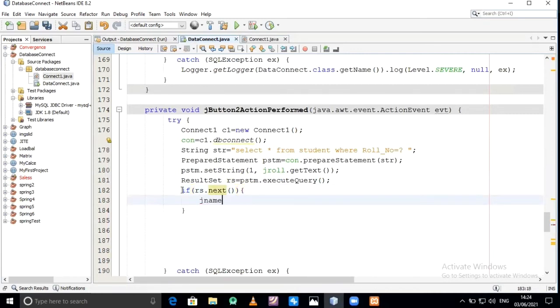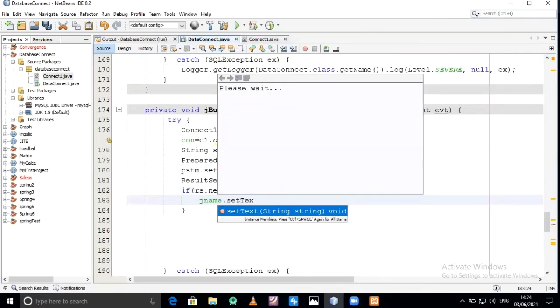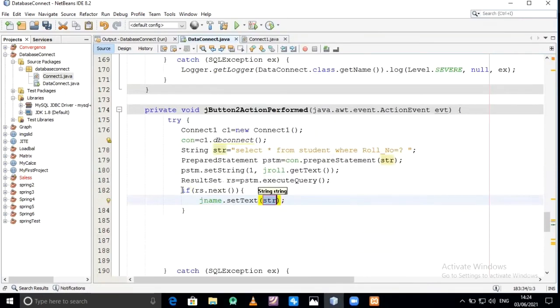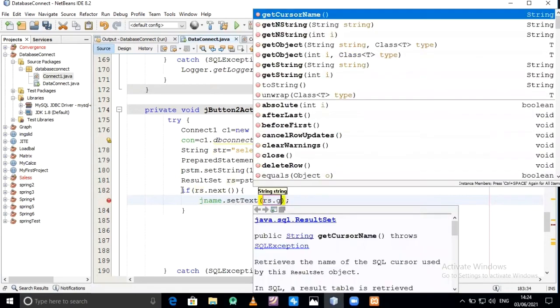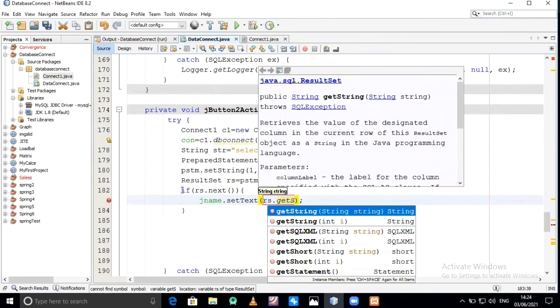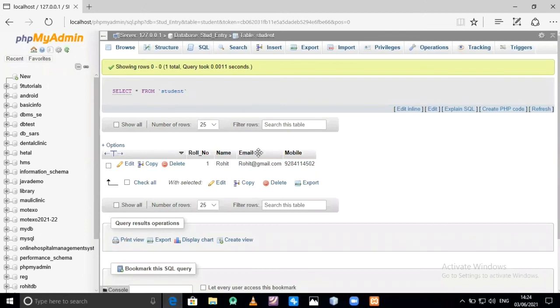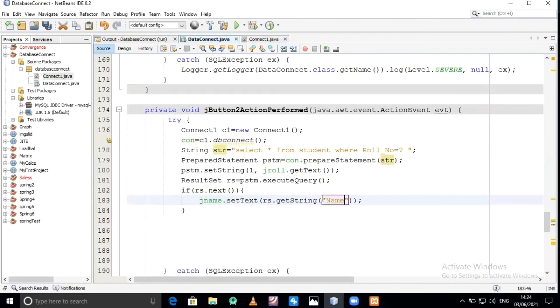jname dot setText rs dot getString, variable name from the database. Attribute name for the name is name, email is email, and mobile is mobile, but first letter is capital.